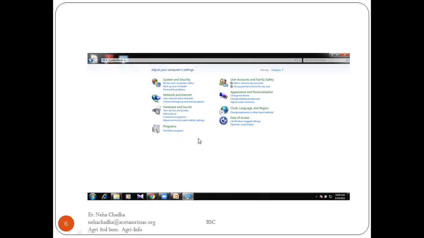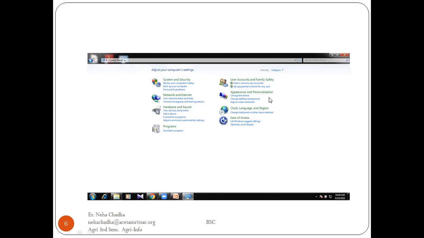Here you can check under the program there is uninstall a program. As I have given you one example, you can either remove or add your program. Remove and add means either you can uninstall your program or add your program. There is a facility called the program settings. User account and family safety is there. Suppose you want to give some parental control over some accounts, then you can do it by making some guest account here. Then appearance and personalization.